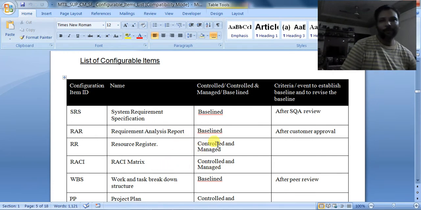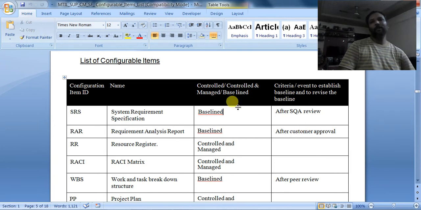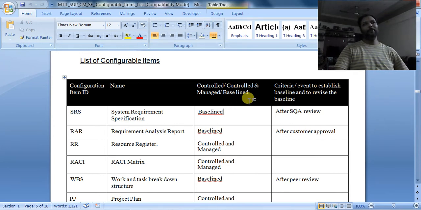It is a very deep subject. So in short, there is control and manage. Control and manage will be kept for the planned documents, whenever we are expecting changes. Then the other one is called controlled only. As the name suggests, we can't do anything for that.